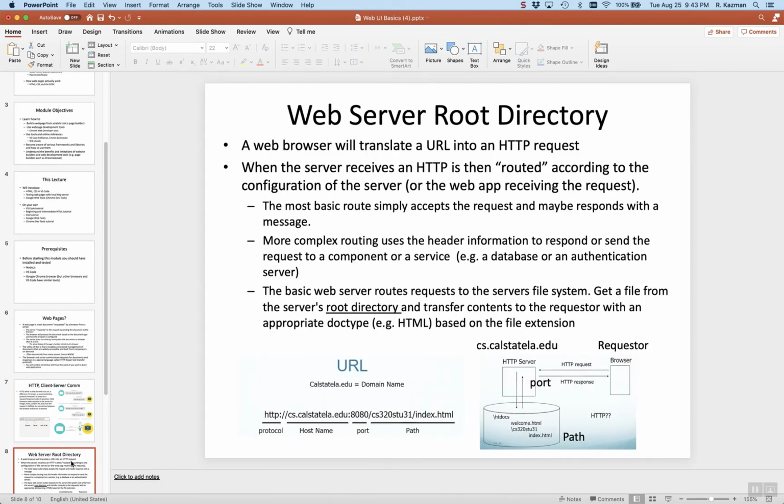So a browser is going to translate a URL into an HTTP request. The URL is the thing that you type in, and the HTTP request is what you send to a server. And when the server receives it, it routes that request accordingly, according to the way that it's configured. So the simplest kind of server is simply going to return a file. You asked for foo.html, it looks for foo.html on its file system, and if it finds it, it returns it to you. But there can be other kinds of routing, more complex routing,